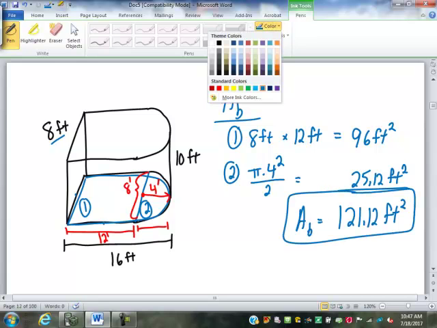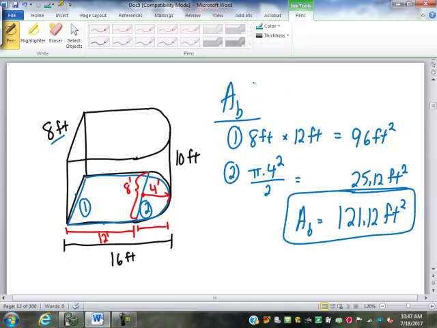So the area of the base is 121.12 square feet. The volume is the area of the base times that height of 10, 1,211.2